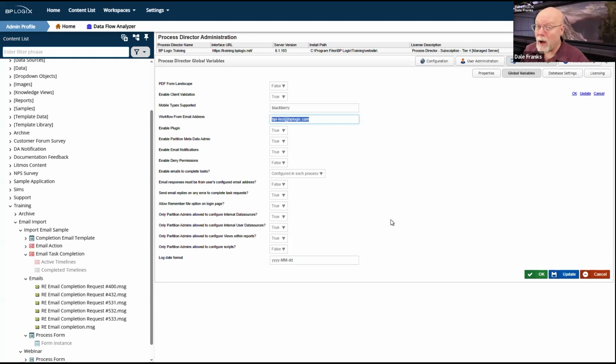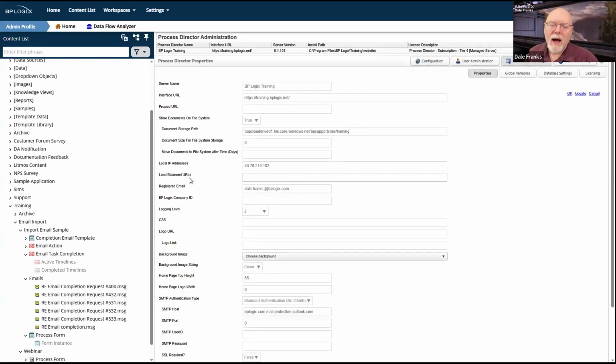And it's quite common to do this on a system, just to set up an unattended email address that does not accept email messages. It's just a generic notification email address, and its sole purpose is literally to provide a dummy email address as the from address of an email message. There's a fallback email address that's also built into the system, and it is called the registered email property.